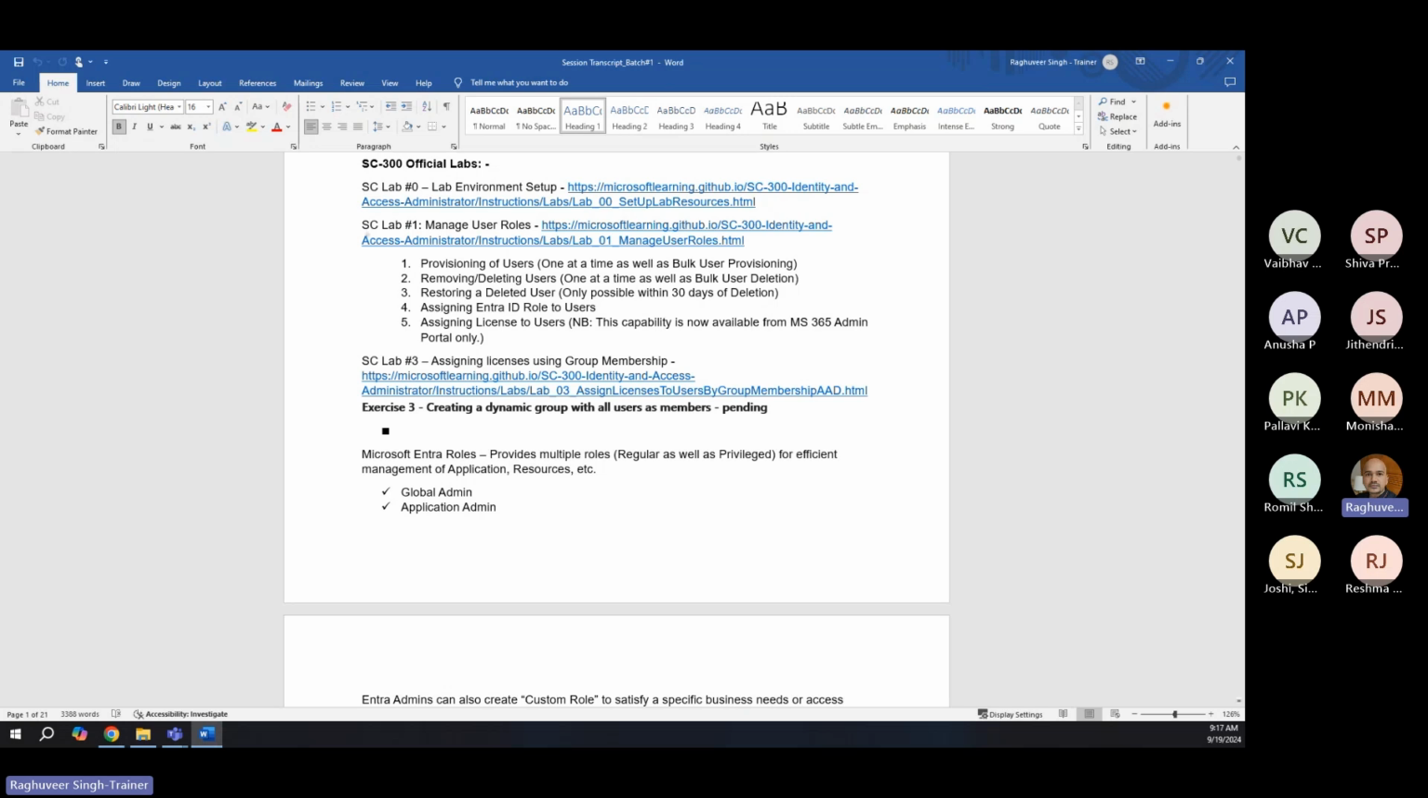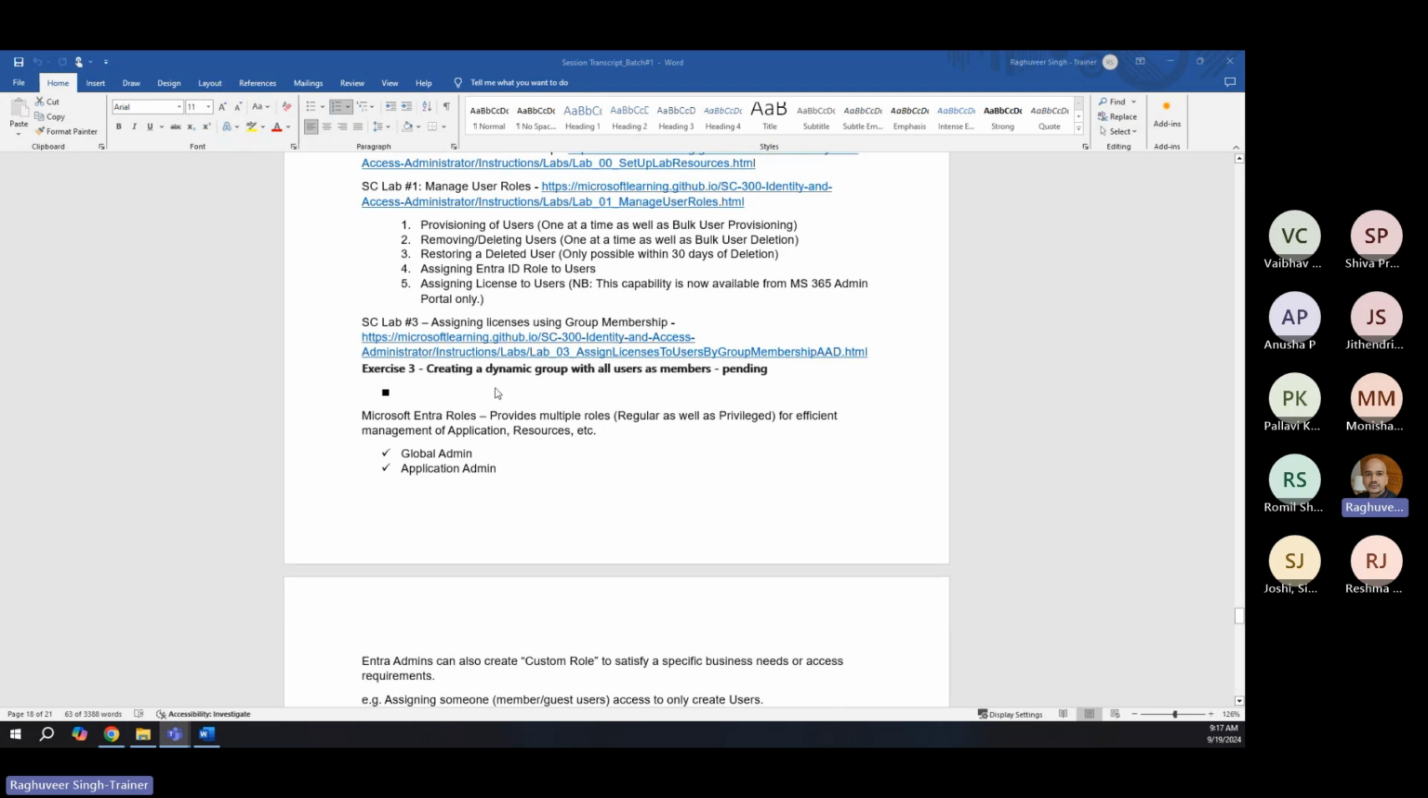So yesterday we did lab number 1, manage user roles, wherein you did all of these activities. If you have not done that lab, I shared these labs as home assignments. So if you have not done that lab, please make sure that you are doing those labs. You can find that information in the chat window where I shared lab number 1 and lab number 3 as home assignment. In lab number 3, I basically requested you to do it until exercise 2, because exercise 3